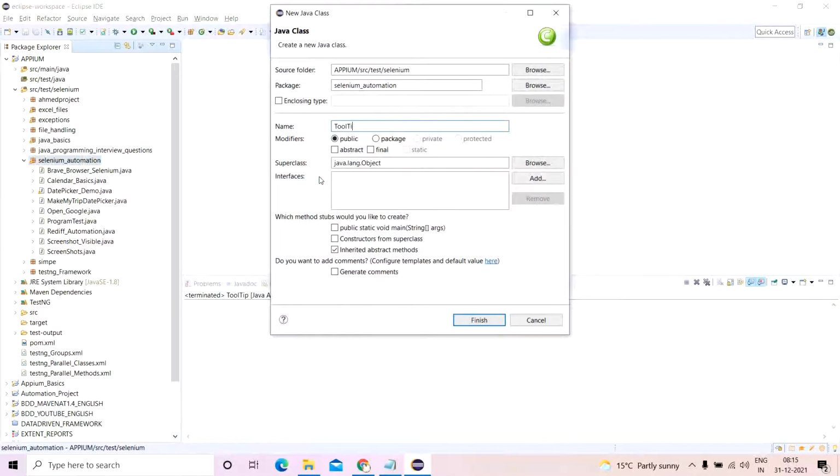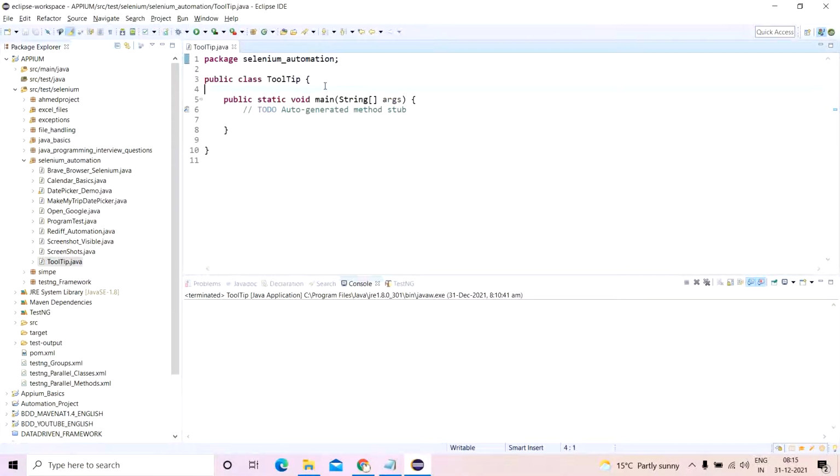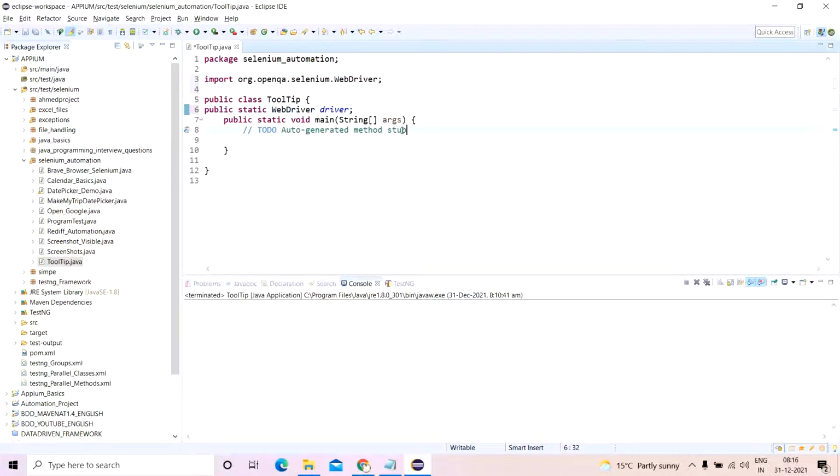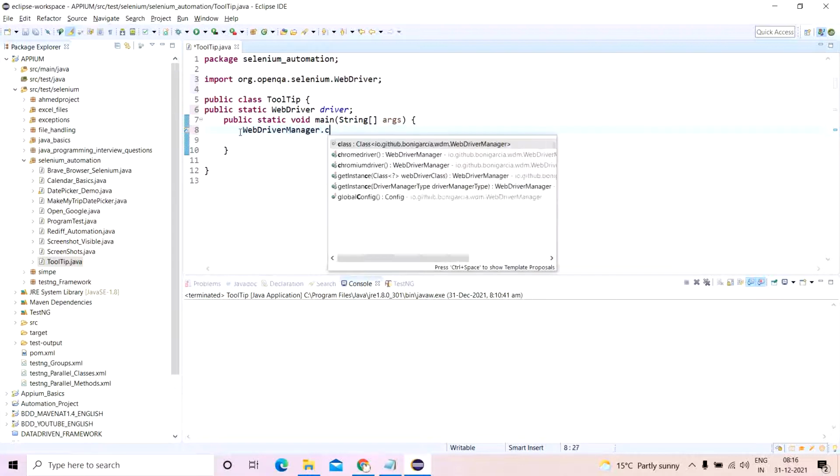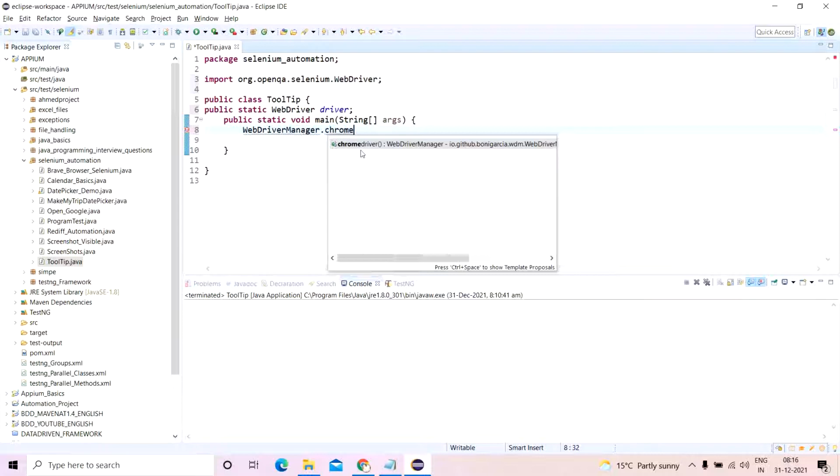I make a class called Tooltip. I'll quickly write the code. Public static void main. We'll just invoke the binary: WebDriverManager.chromedriver().setup().